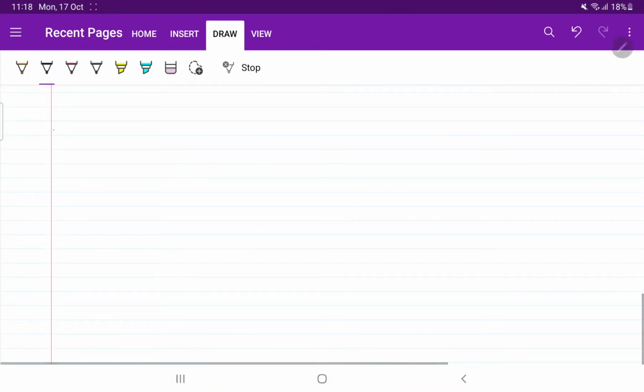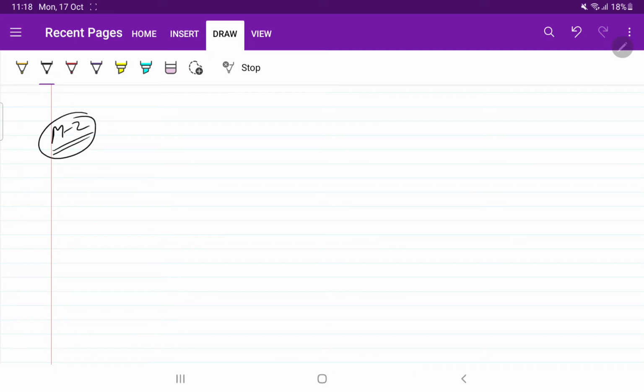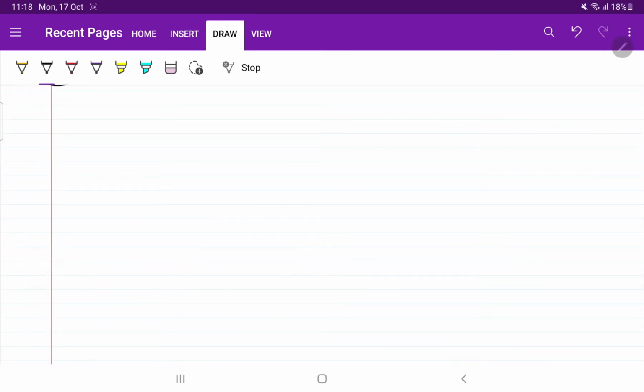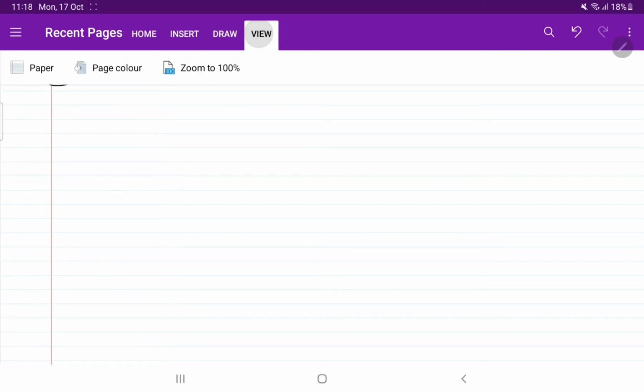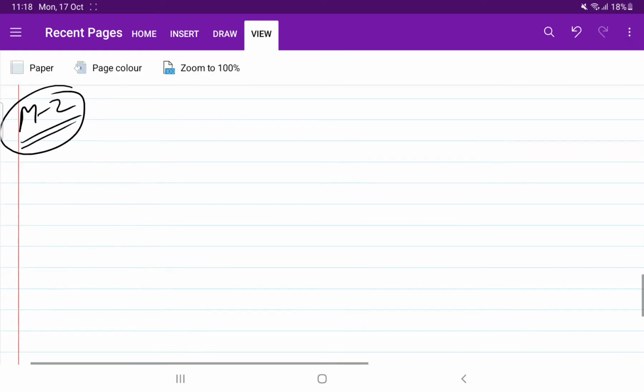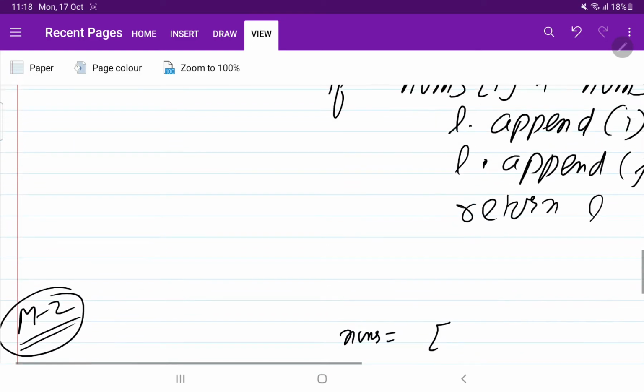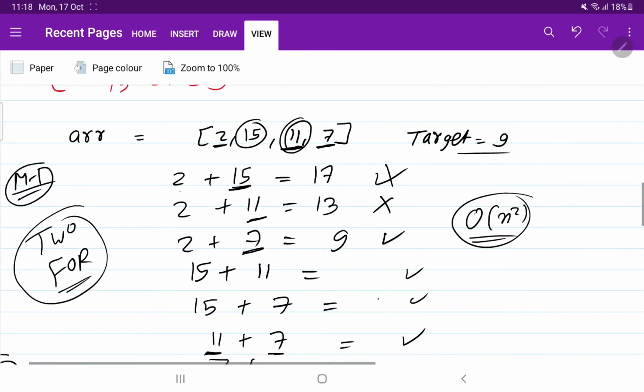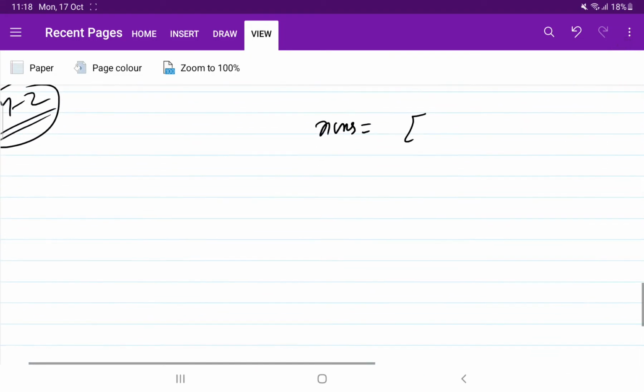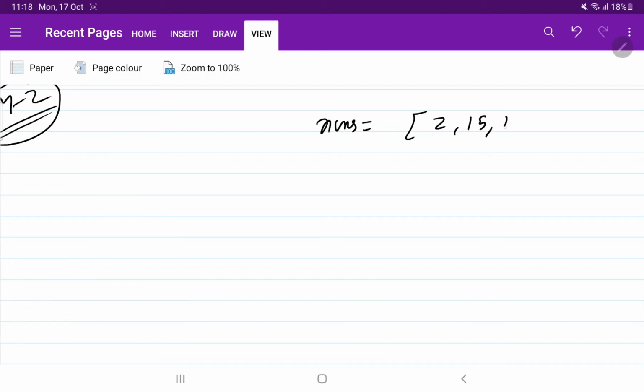What is going to be the second approach? The second approach is going to be similar to the first approach. It will not have a major impact on the time complexity, but still it is an approach, you can go for that approach. The nums array was given to us, and it was 2 15 11 and 7, and the target given to us was 9.